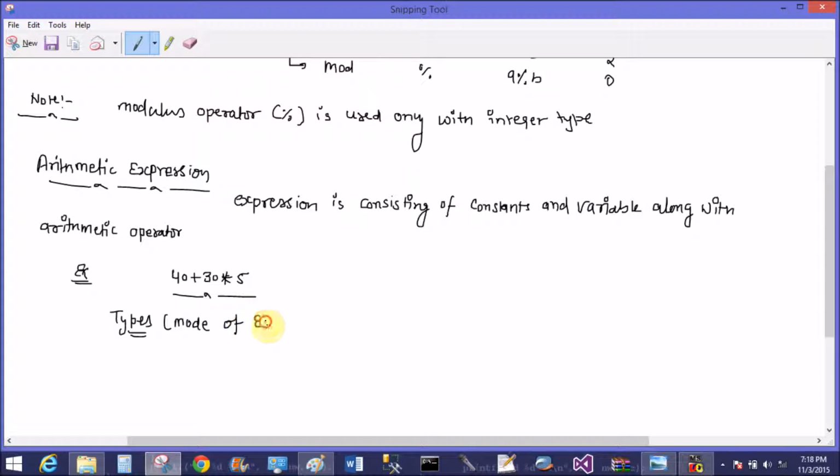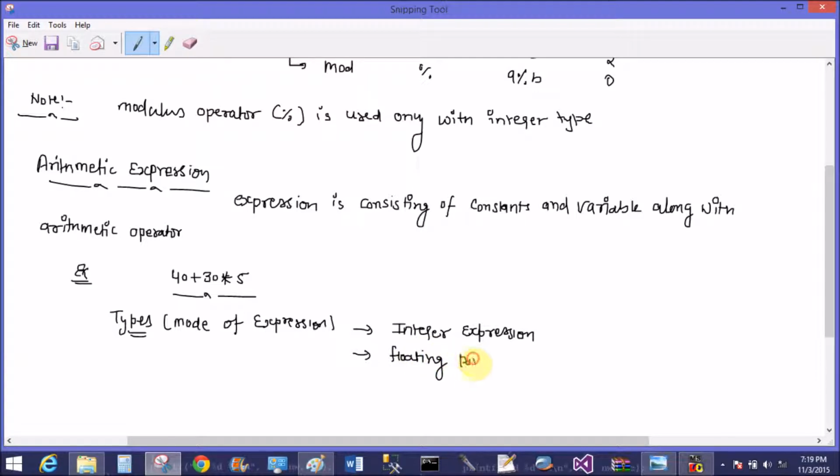Here we take 40 plus 30, here we take variables in place of constants. So what is the type, or you can say mode, of expression? That is the integer expression, in which we can take only integer type values.